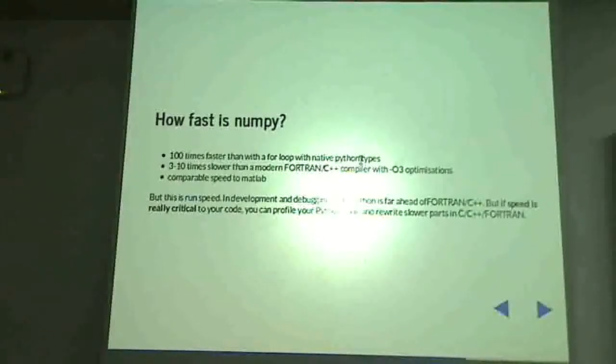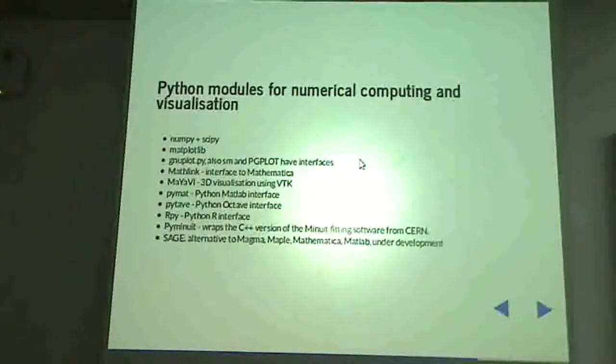In terms of development, Python is so far ahead of any compiled language like Fortran or C++, that it's really a completely different world. If speed is really critical to your code, you should do what I've suggested previously. Profile your code, find the parts that are slow, rewrite them in Fortran or C or C++, and then run it. So in 2 or 3 lectures from now, I will devote 1 lecture to how to do this, especially how it is very easy to do it using Fortran and a module called F2Py. Okay.